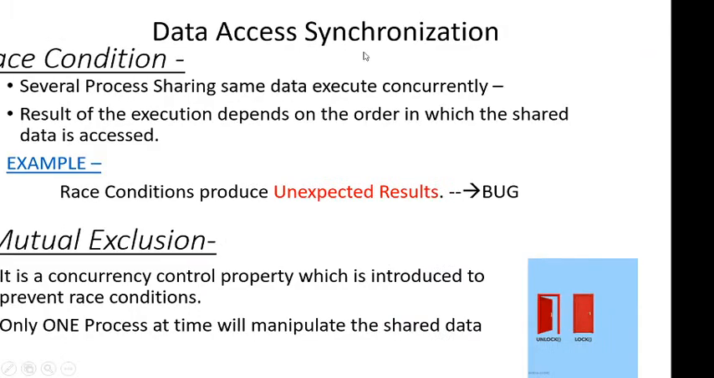First one here, data access synchronization. Data access synchronization happens when 2 or more processes share the same data, and the result of the execution depends on the order of execution. So if the result depends on the execution order, say there is a shared data,